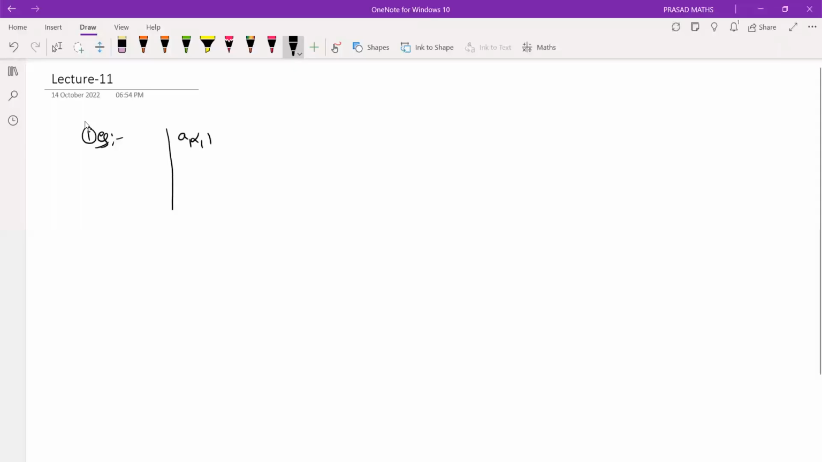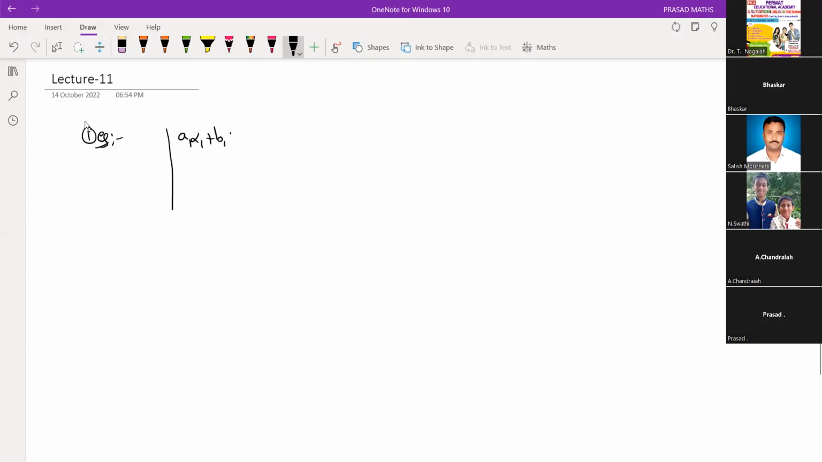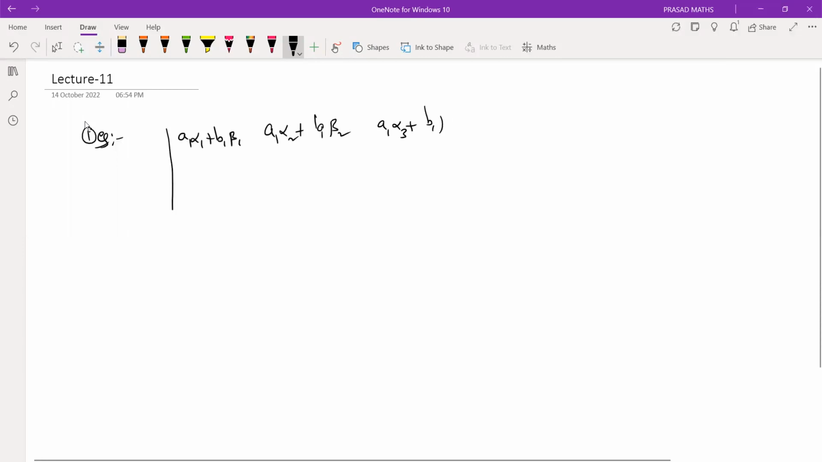A1 alpha 1 plus B1 beta 1, A1 alpha 2, B1 beta 2, A1 alpha 3, B1 beta 3. A2 alpha 1, B2 beta 1, next A2 alpha 2, B2 beta 2, A3 alpha 3, B3 beta 3,